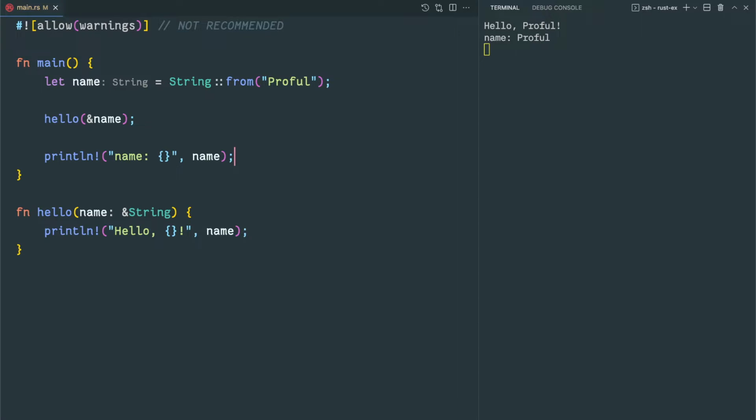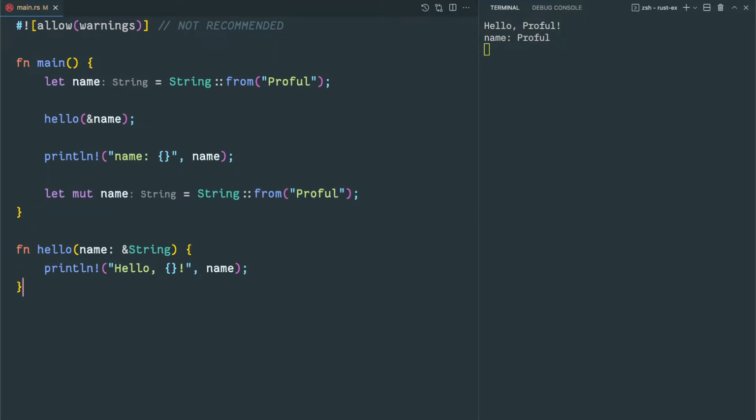But this is not a borrowing. You just borrow for some purpose, and once you use it, you return that control back to the calling function. This is an immutable reference where the function hello can have only read-only access. Similar to read-only access, you could create a mutable variable name,